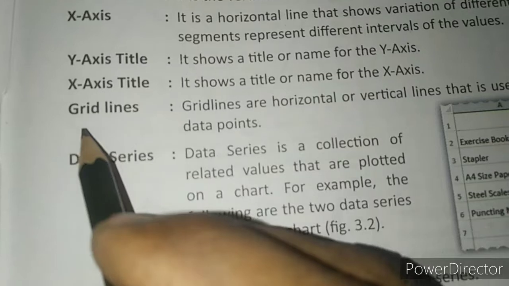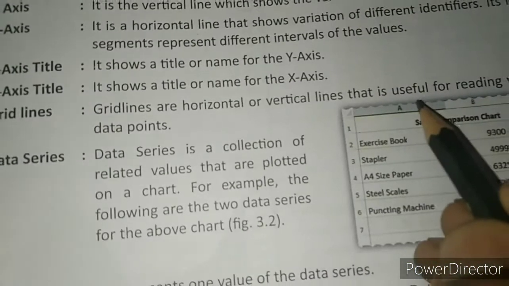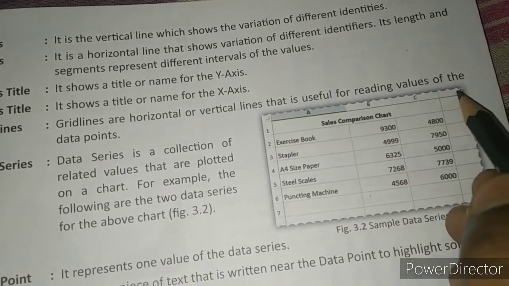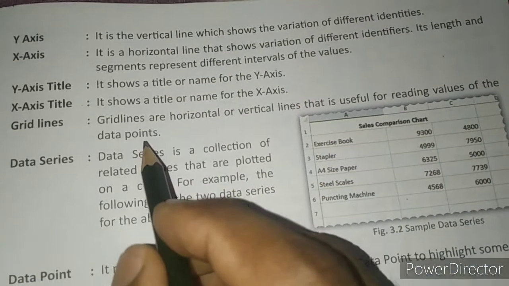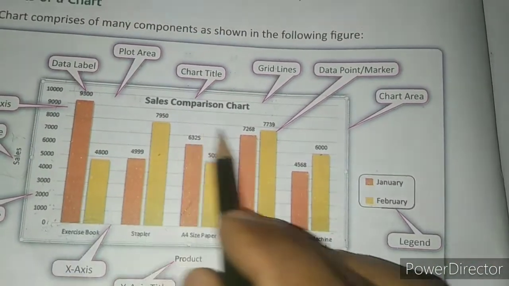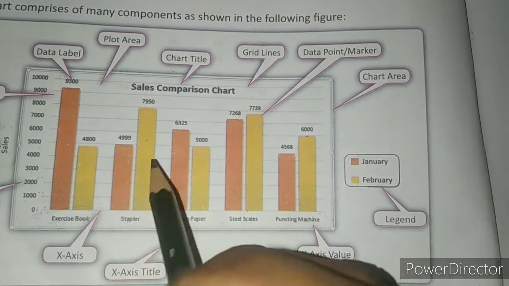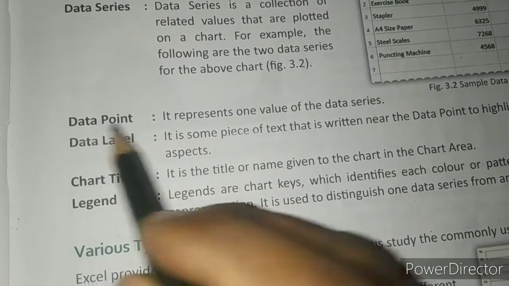And after that, grid lines. Grid lines are horizontal and vertical lines that are useful for reading values for the data points. Here you can see there are many horizontal lines. These are grid lines. These are useful to read the data, right? Now next